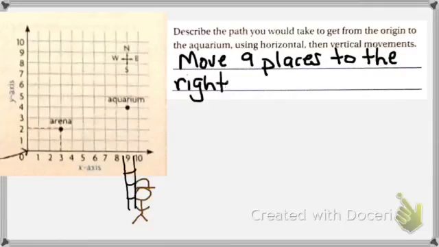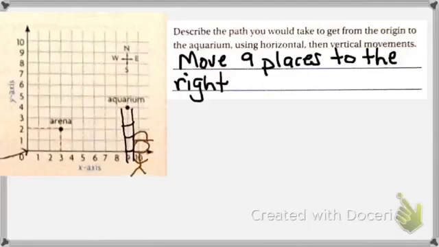But he's not actually at the aquarium yet. He still needs to move up. So let's go back to our man and let's move him up. How many places is he going to have to move up? 1, 2, 3, 4. I can count the number of places that way, or I can move him up to